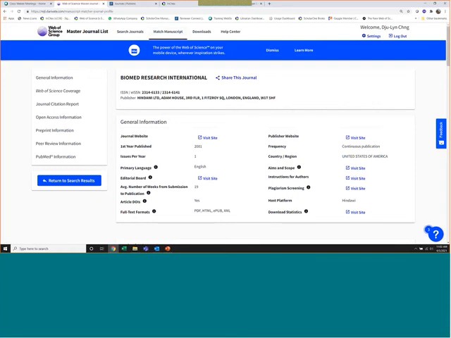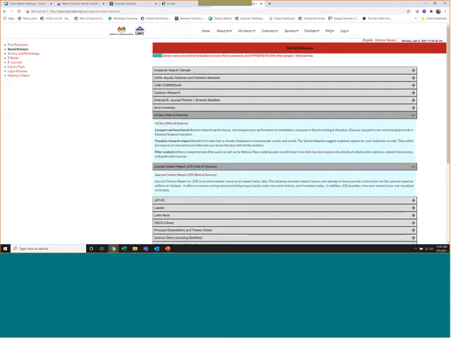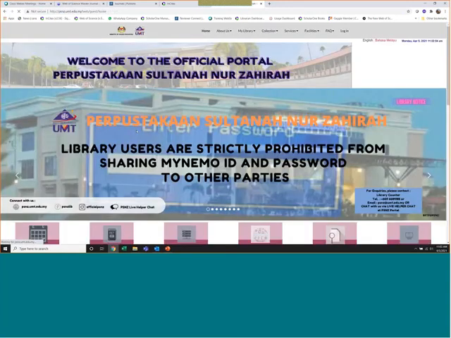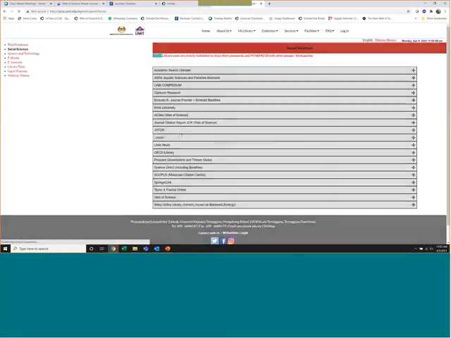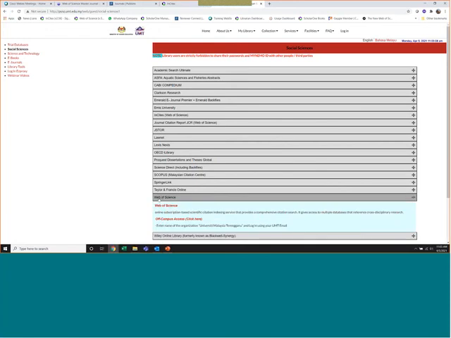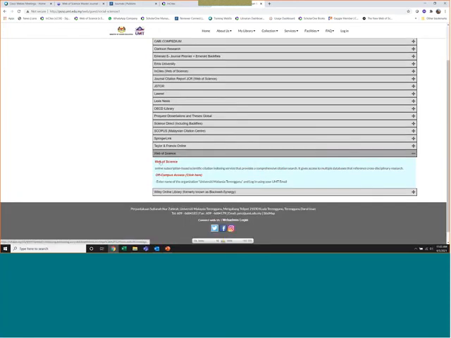Now the next thing is accessing Web of Science. So from your UMT library website, you can go to, let me just show you, from e-resources, you can choose whichever specialization you're in. You can go to Web of Science. If you're on campus, just click here.